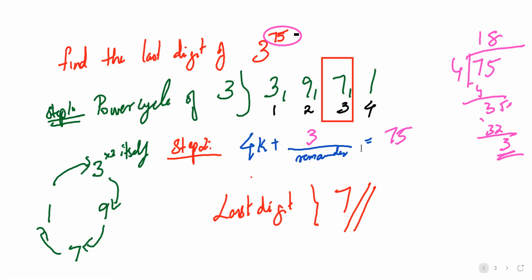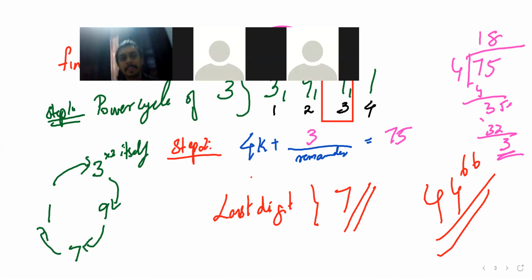Okay, anyway, I'll keep this thing open. Test I will do here itself. Let's do the test. Okay, the last digit of, let me take 44 power 66. 44 power 66, you tell me what is the last digit. That's it. So find the power cycle of 4 in the same process. Test, and the answer either send it to me in Zoom chat, the last digit of this.